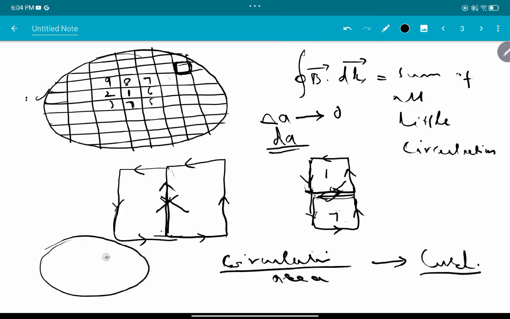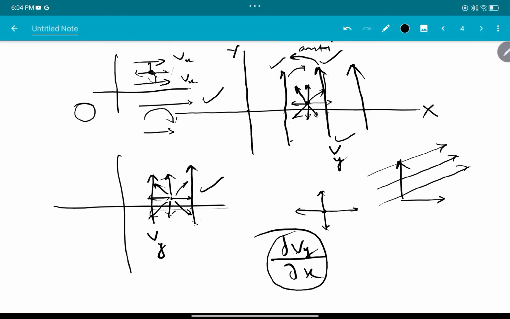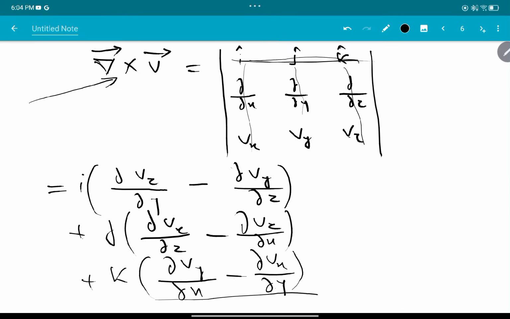So curl at this point, curl at this point, and so on. If you add up all these curls over this surface, they will give you the total circulation, because as you have seen, the intervening boundaries melt down, and we are left with the final boundary. So we have a very beautiful theorem here that tells us that